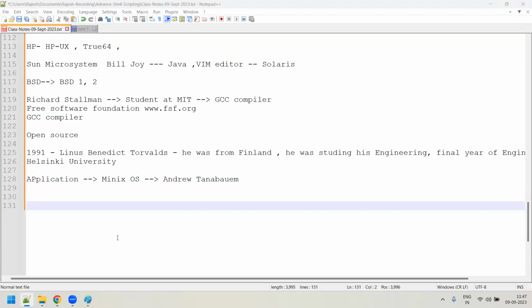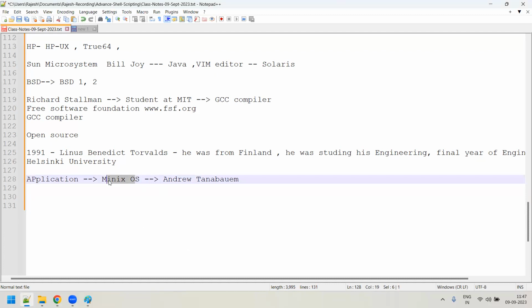Okay, guys. So Linus Torvalds developed an application and was making it run under the Unix operating system, which was designed by Andy Tenenbaum. Andy Tenenbaum, by profession, was a professor, and he designed this Unix operating system. He never made the code available to anyone, because he designed it to show his students what an operating system is all about and how to work with one. He gave it to them for practice.